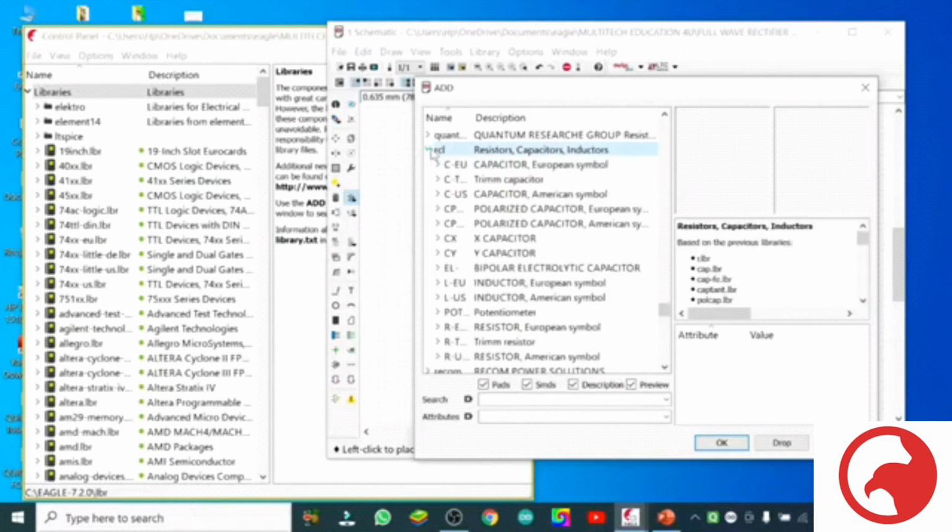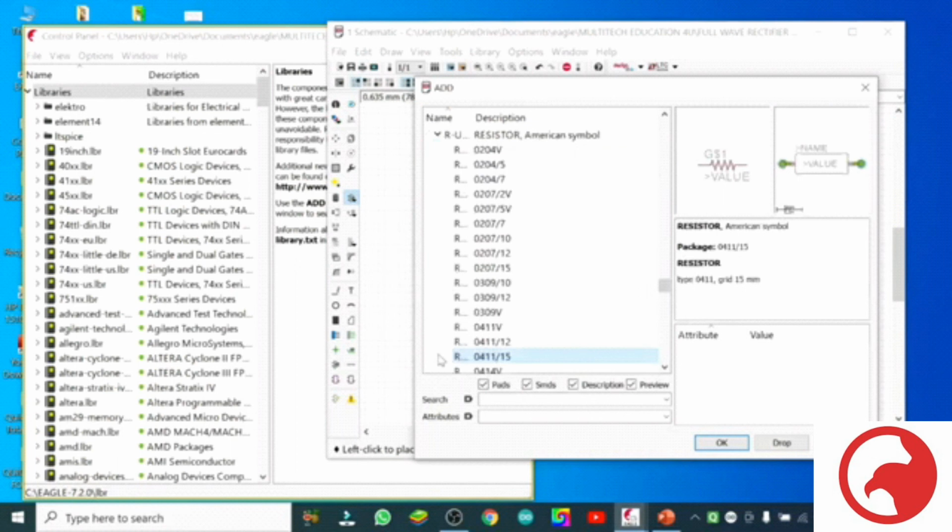You see RCL, you will find resistance, capacitor, inductors, everything in it. So you can choose from here the resistance which you want. This is 5 volt, 7 volt, 5 volt, like that. So normally the symbol we use, there are different type of resistance.